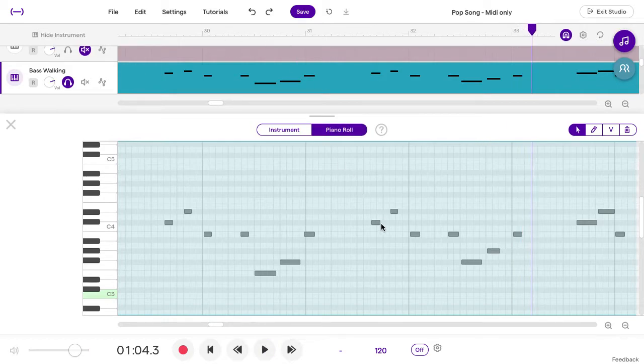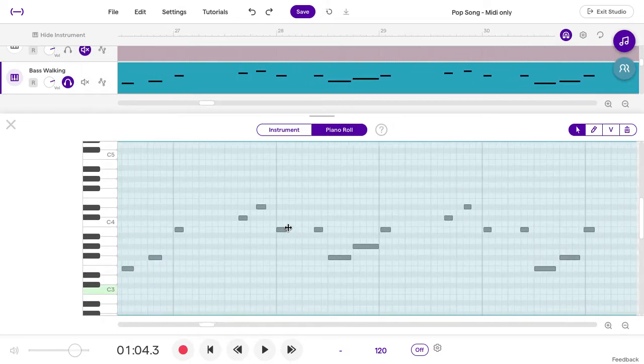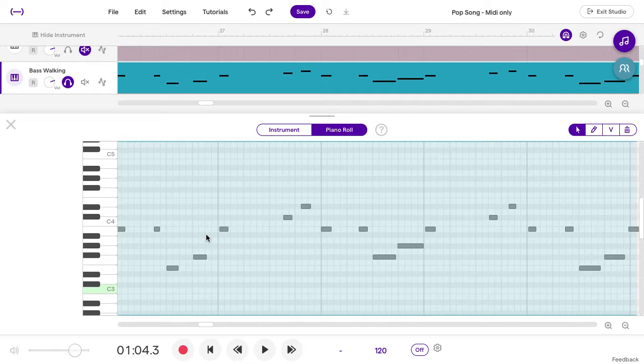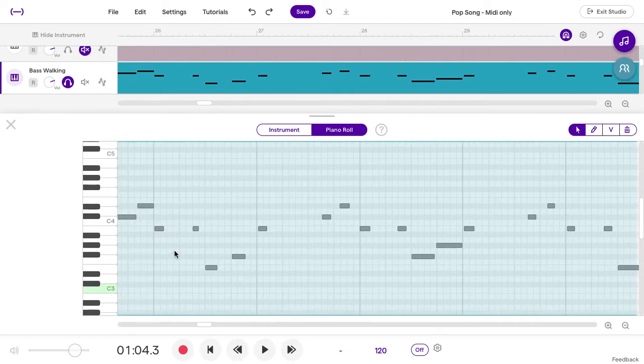So even these dum dum dum, they're not always that short, I don't think. I think like earlier I played them a bit longer, things like that, which we don't necessarily need to fix that. But to quantize overall, we've selected the track, and if we click in this field and go Control A